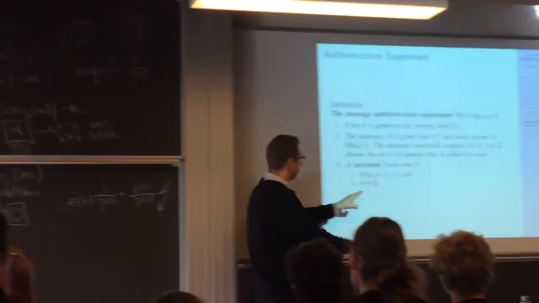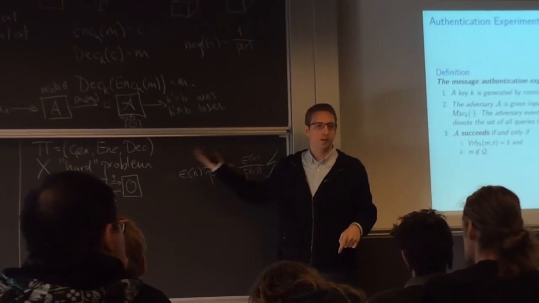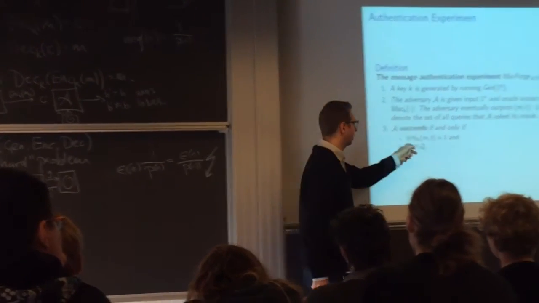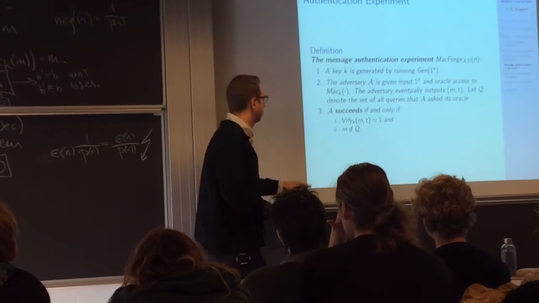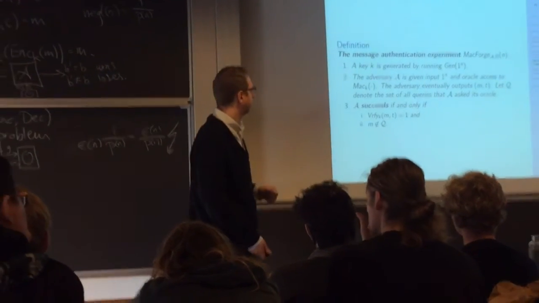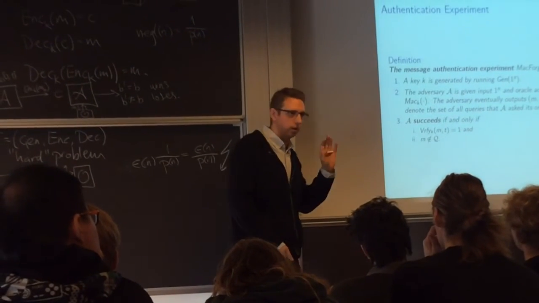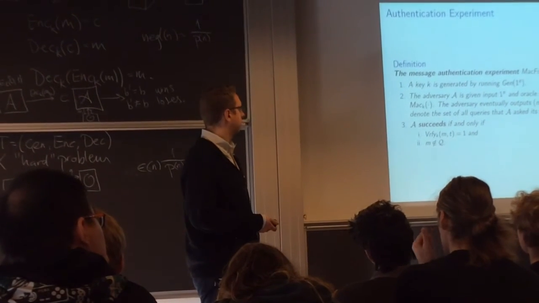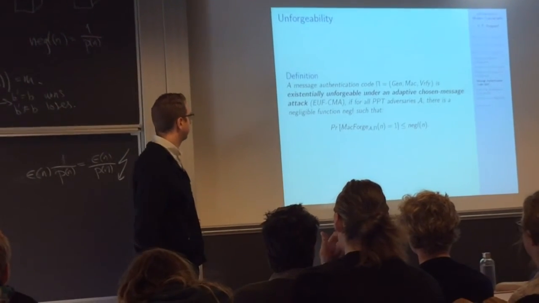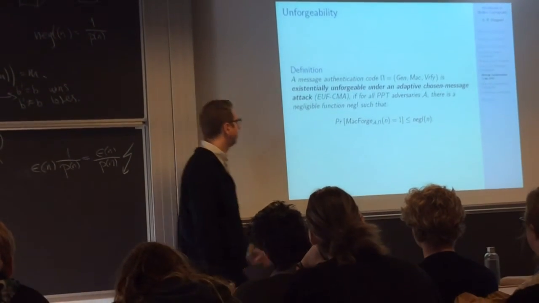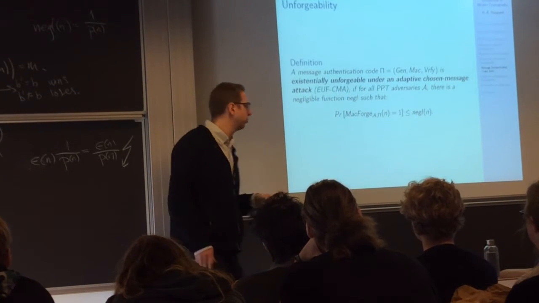But then we assume that he hasn't already tested M, that he hasn't already sent M to the oracle, because obviously then he's gotten a tag back which satisfies the verification, so he hasn't really broken it, he's just reused the tag. So we guard against that by saying M is not something he's already asked this oracle. Working with oracles is a huge part of cryptography, especially in these proofs. And we again have some kind of security definition. Here, it's just negligible, that it basically shouldn't be able to act like you.